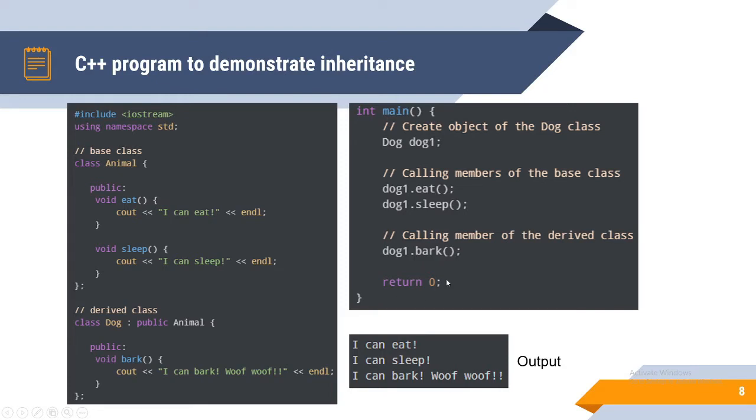Okay, and the "woof woof" is coming from the member function, which is the bark. Alright, so that's how inheritance works. Okay, and that's how you can get whatever definition of the member function inside the base class and the derived class. Okay, so let me give you an example